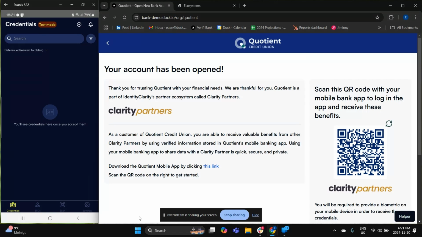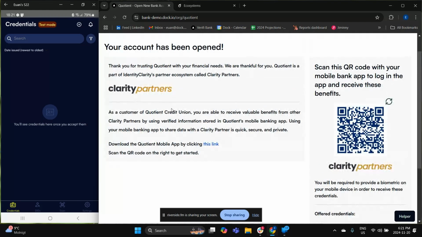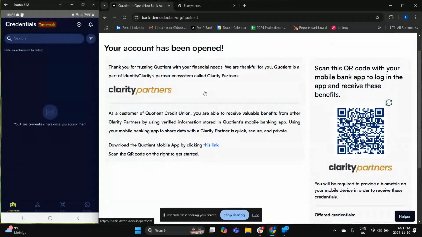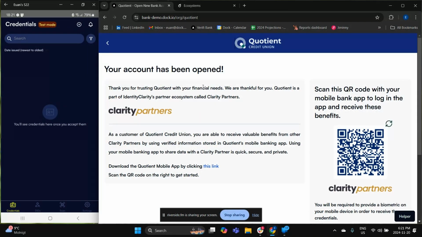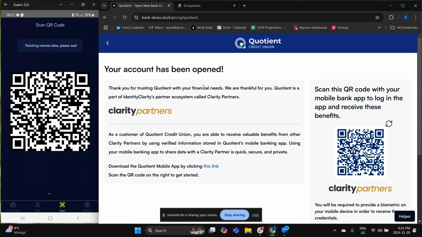And then what you're asking the customer is, do you want to be part of this ecosystem? In this use case, Clarity Partners is the KYC identity provider. You could call that ecosystem whatever you like, but we just called it the Clarity Partners ecosystem for now. And obviously the UI doesn't need to look like this, right? It could look like whatever you want it to be, but for the sake of the demo we're just trying to make it really simple. And then, if you're happy to accept, you scan the QR code.